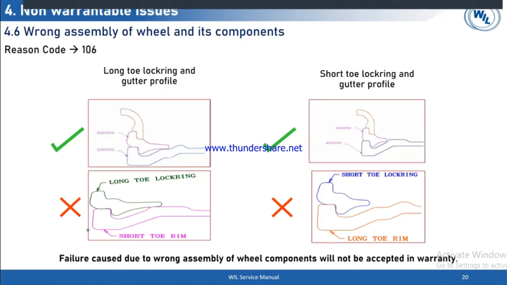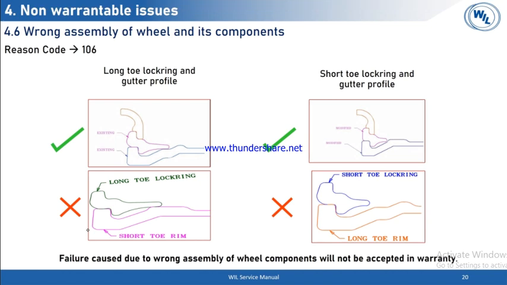Then next we are coming up to the wheel ring, lock ring and loose flange assembly. So there are different kinds of wheel rings with different kinds of lock ring and loose flanges. So if the end customer is using the wrong one, intentionally or unintentionally, it may happen. Suppose we have a short-term lock ring as per our design condition, or when we deliver the vehicle to the end customer we provide the short-term lock ring, and if it has been reported during the warranty with the long-term lock ring, then there will be different kinds of